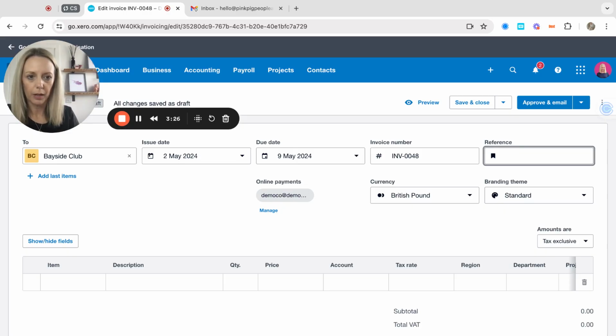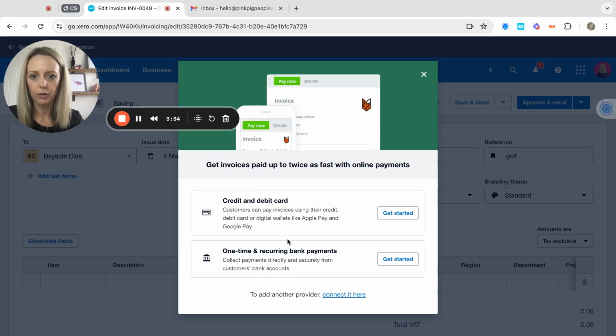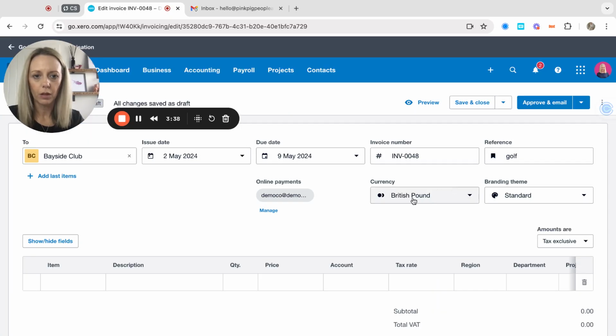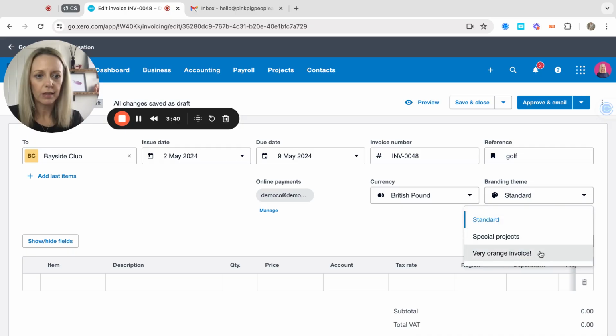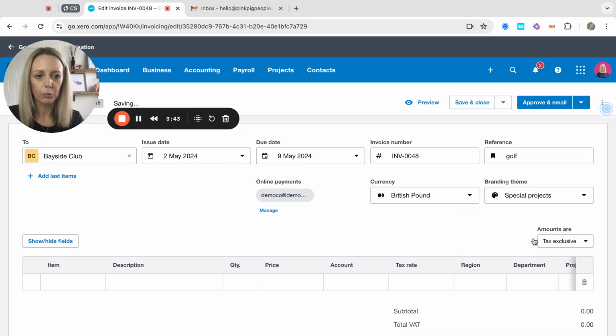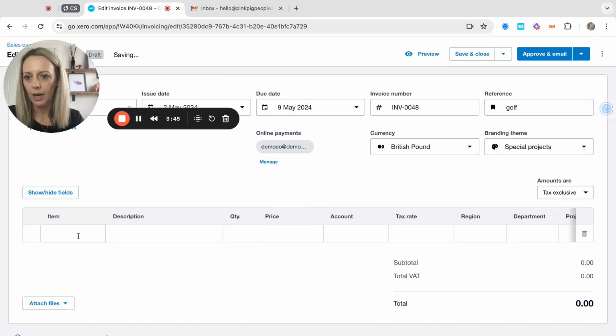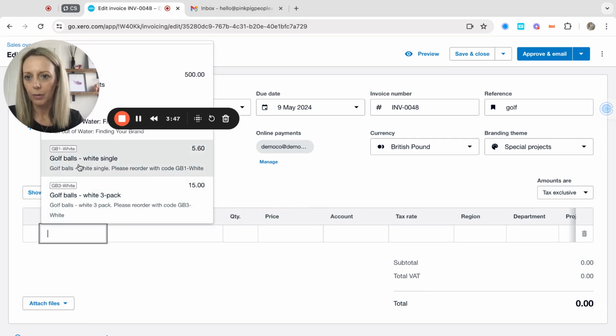For the reference, I'm going to pop in golf. It's got the online payment set up, but you can change it here if you want to, to say which one you want to add or use. Then there's the currency, and you've got the branding theme. I'm going to do special projects. And then I'm going to pop in